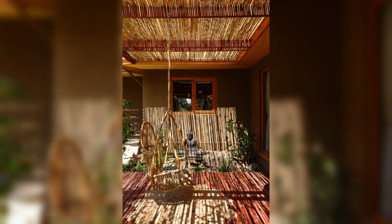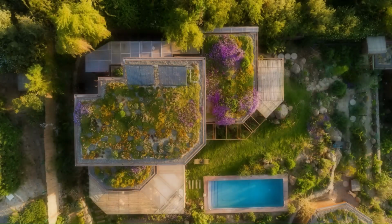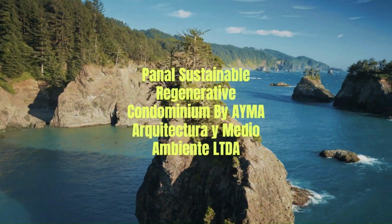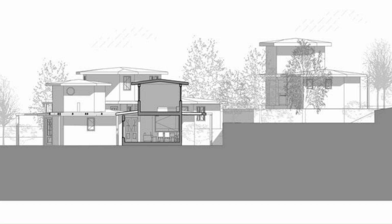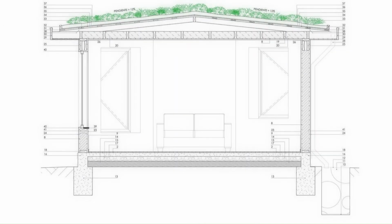Percolating pavements, regenerative native gardens, and green roofs were defined so that the surfaces of the project would be 100% absorbent and would be able to capture all of the rainwater naturally through the earth. At the same time, the green areas, which make up 90% of the project's surface area, generate an ecological corridor giving continuity to the Arboretum Park, which connects the Andes Mountains with the city, thus guaranteeing the biodiversity that existed